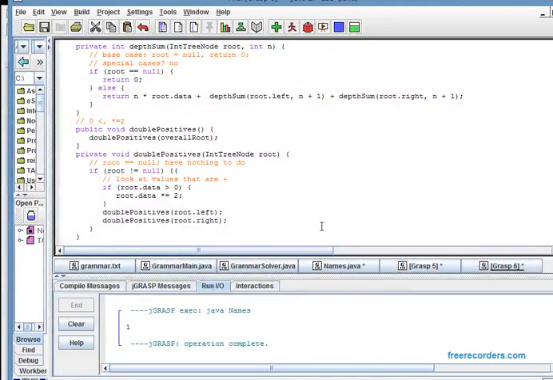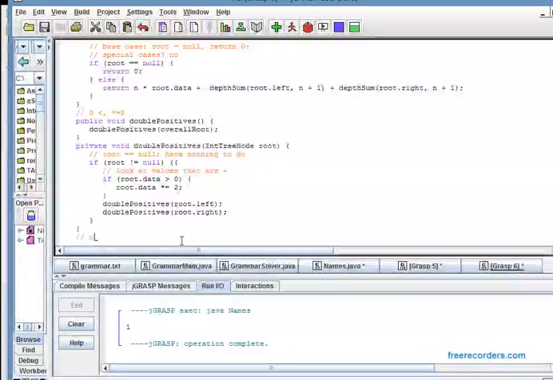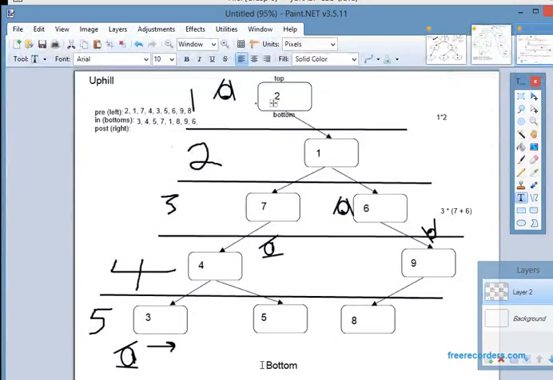In this video, we're going to be adding a method called numEmpty to our tree class. What numEmpty is going to do is return the count of how many empty branches there are within our binary tree. So,